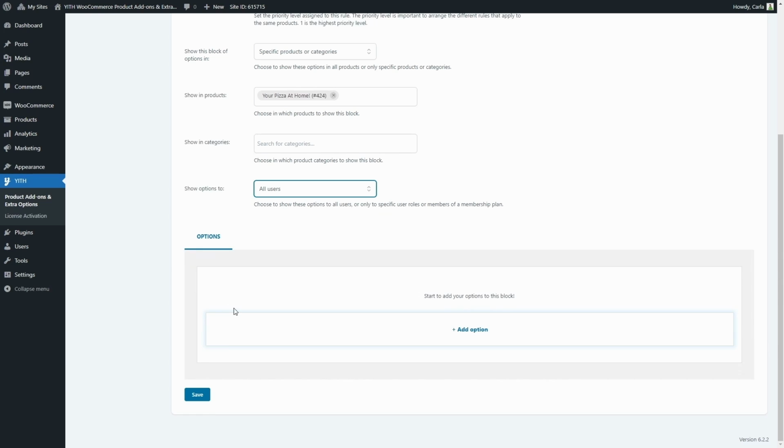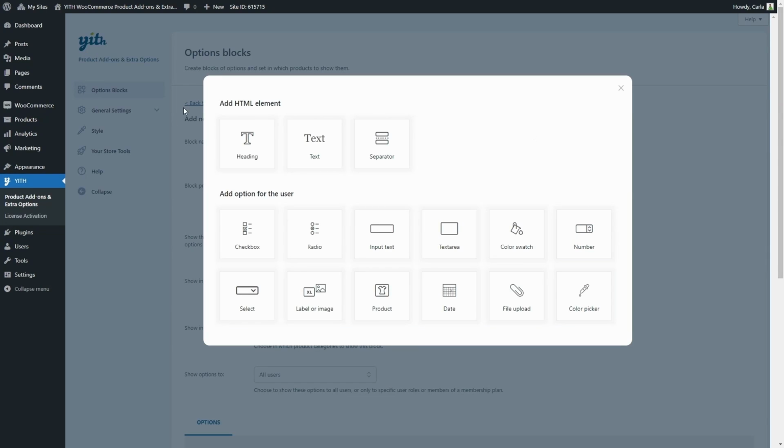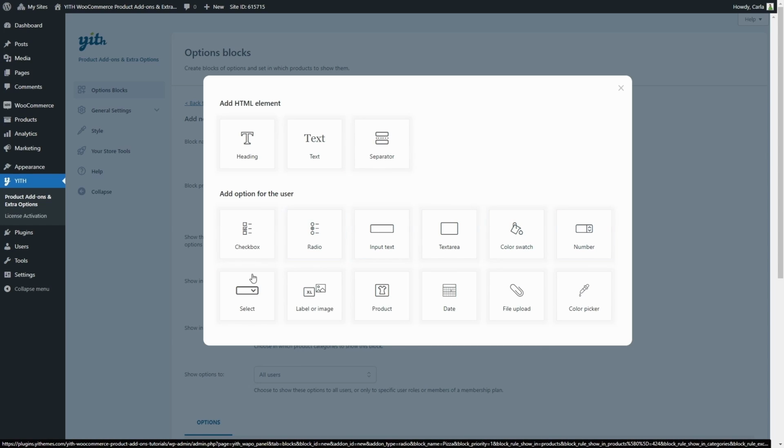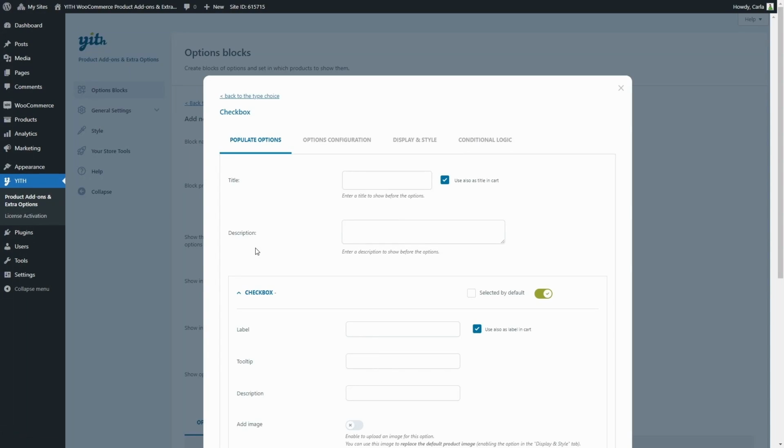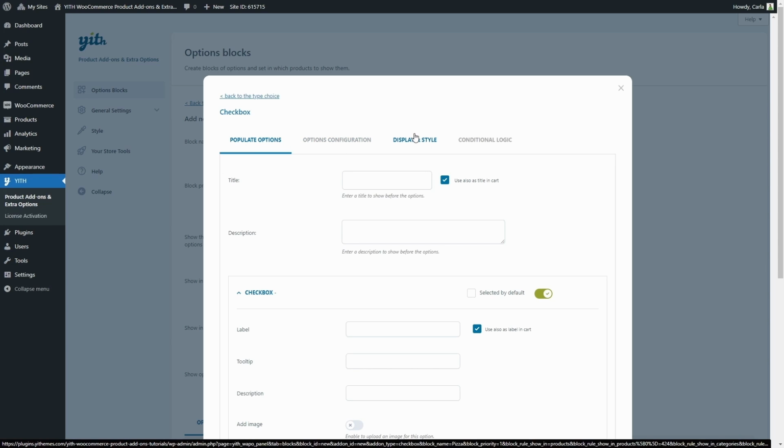And now is where we create the options. I'm going to click on Add Option, and we're going to get all these options. We have HTML elements, which are heading, text, and separator. And then we have these options. We have checkbox, radio, input text, text area, color swatch, number, select, label or image, product, date, file upload, and color picker. We're going to choose checkbox, and we'll find 4 tabs: Populate Options, Options Configuration, Display and Style, and